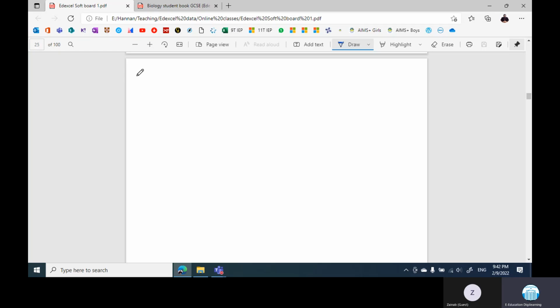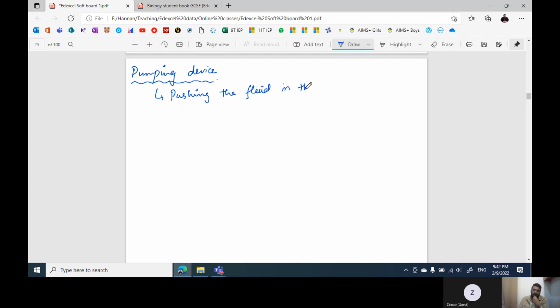We are going to start with the pumping device of a circulatory system, which we discussed earlier. Every circulatory system should have three units. One is the blood vessels. The second one is the circulatory fluid that should be circulating around in the body, and the third one is the device that would be pushing the fluid in the body. So there should be a device that has sufficient pumping power, so that when it